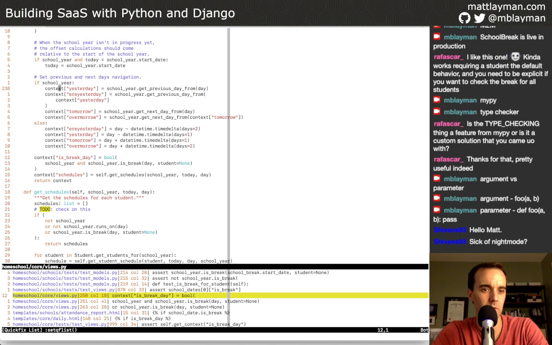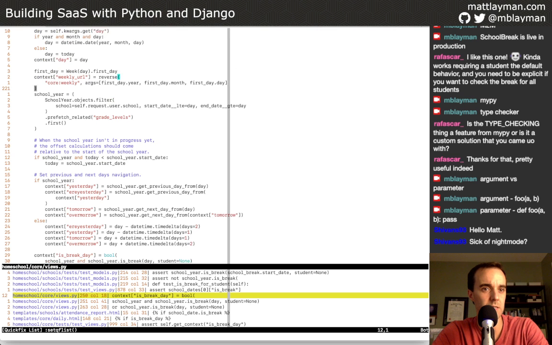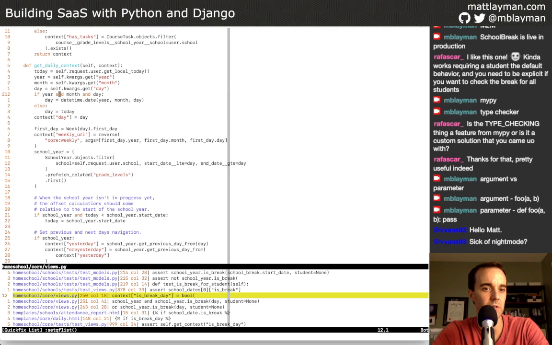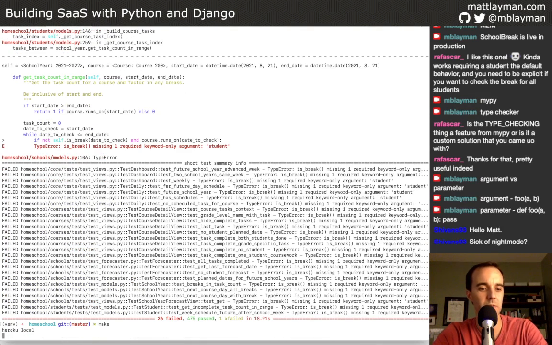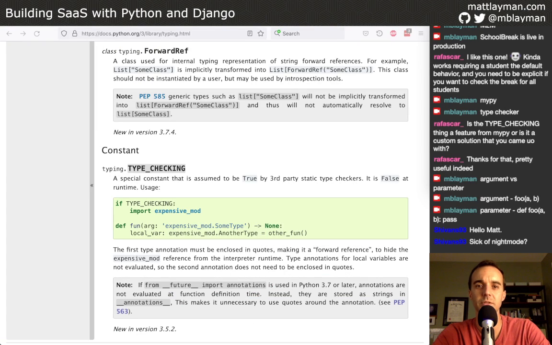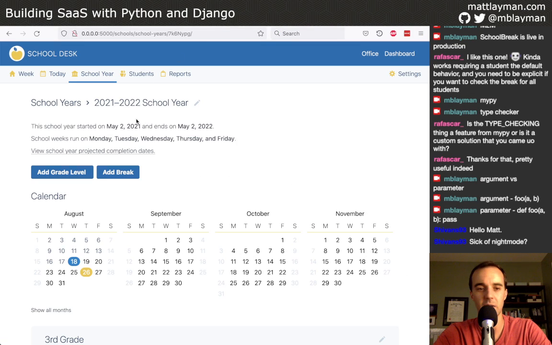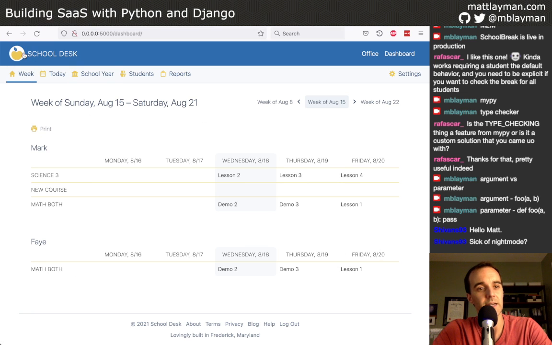And what is this one? This is the context for the day. I think this is okay. So we have a daily page. If I bring up the site again, there's a day page and a week view, and those are what those core things do. So this week and day are both implemented by the core Django app because they're pretty foundational. And so here's the week view. Here's an example of a break.